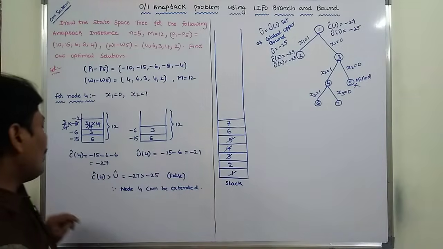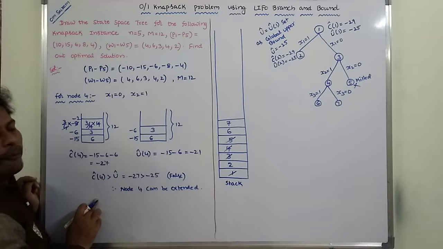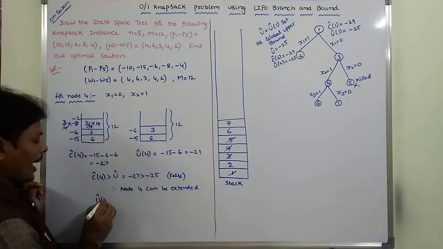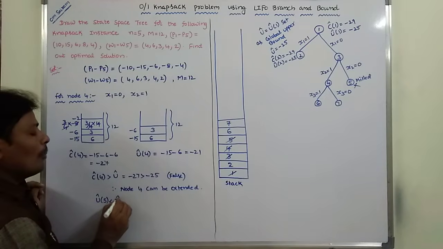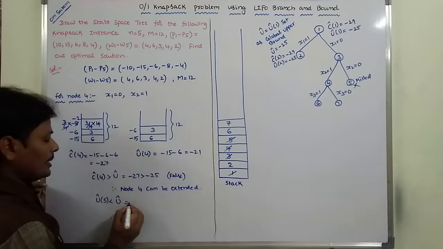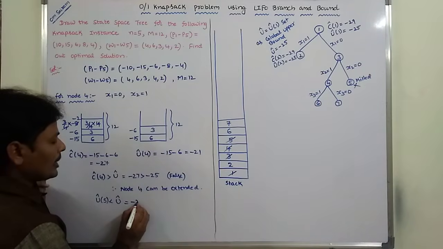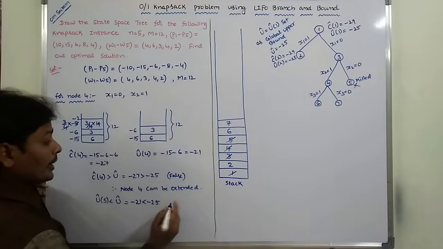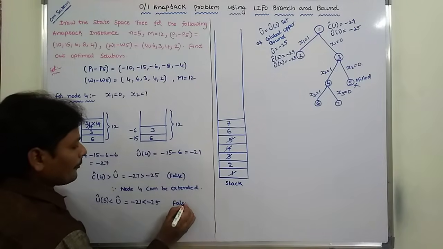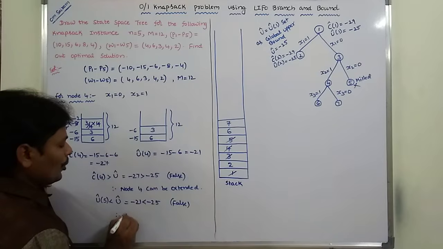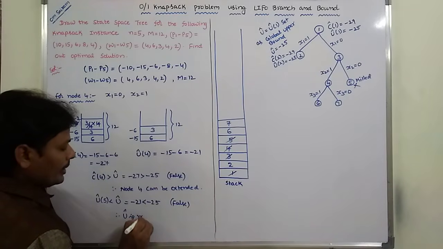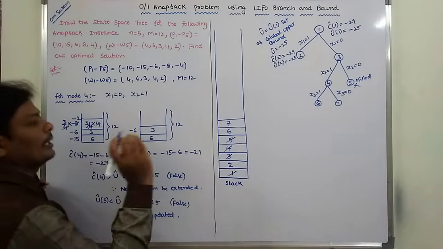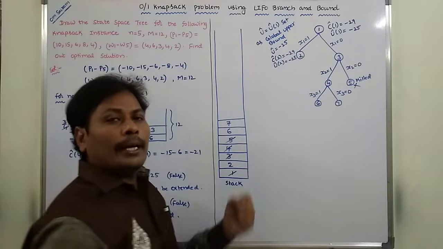Okay. So at node 4, is the U cap value updated or not? U cap of 4 less than global upper bound U cap. That is, U cap of 4 is minus 21. Minus 21 less than the global upper bound value minus 25. So this is also false. Therefore, U cap is not updated. Okay. Now, which node is considered